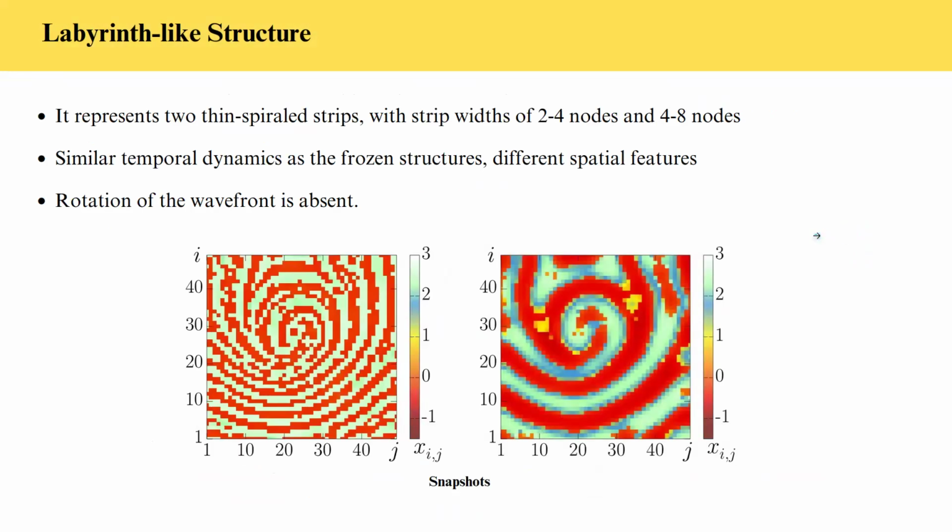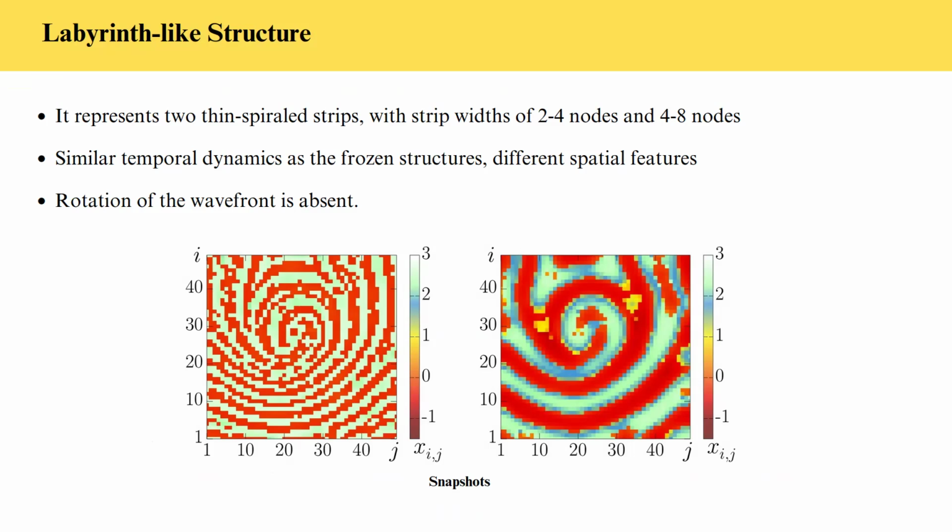And close to the boundaries of frozen structures and unstable spiral waves, we observe a new regime called labyrinth-like structures. There are two types we are going to look into of the labyrinth-like structures. The first one is